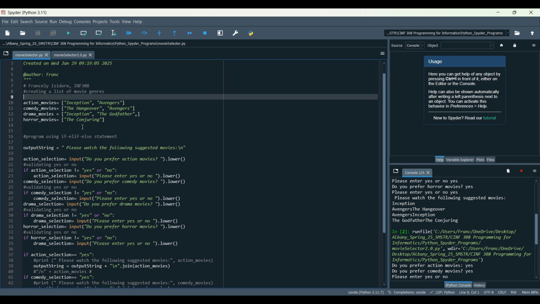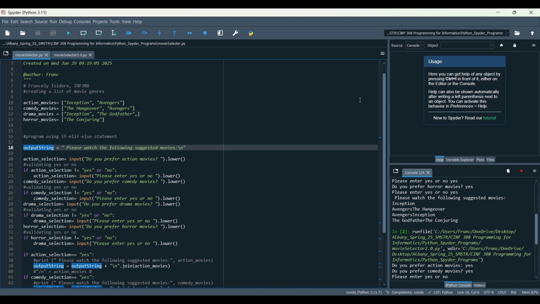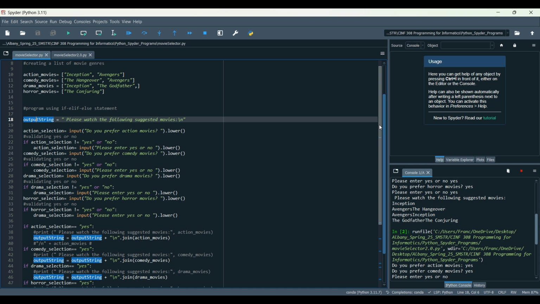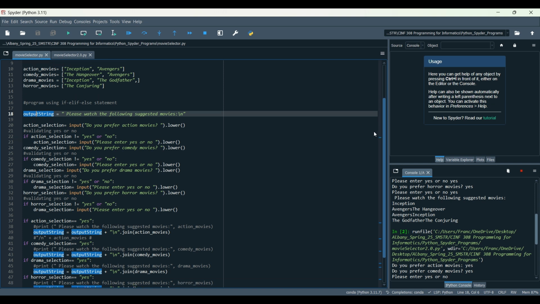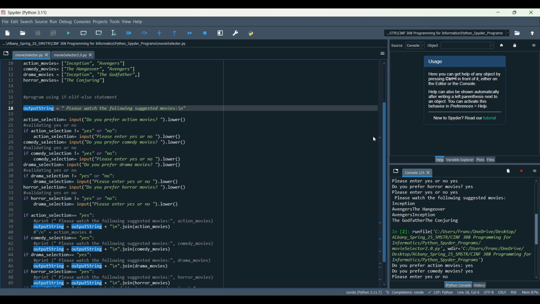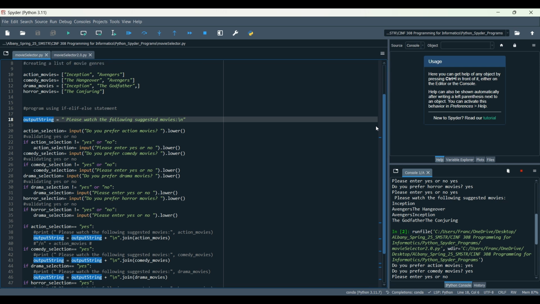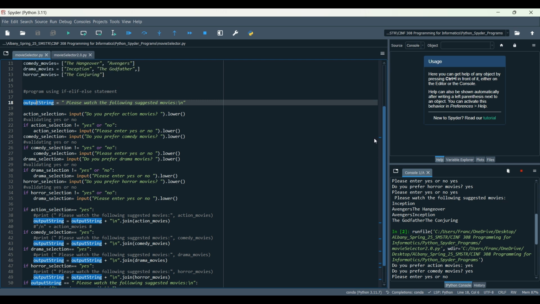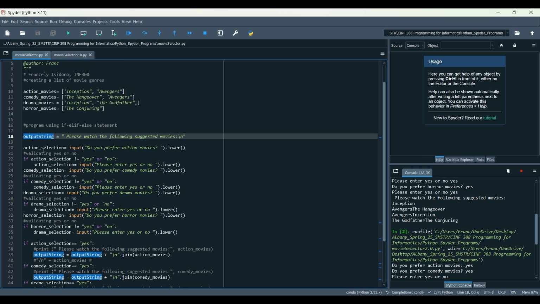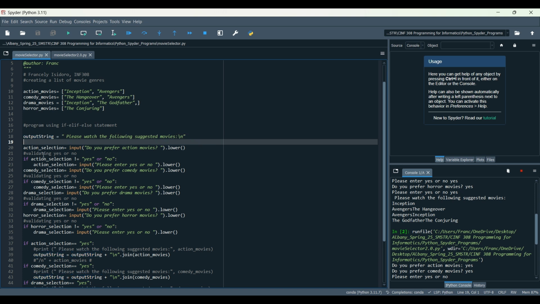So I created lists here based on the different genres, and the names really go with the genre selection for the movies that are in the list. So action movies, comedy, drama, horror. Created an output string that is printed at the end of the program with the action, the list of movies that the user responded yes to. So that's that. And then here I created a user